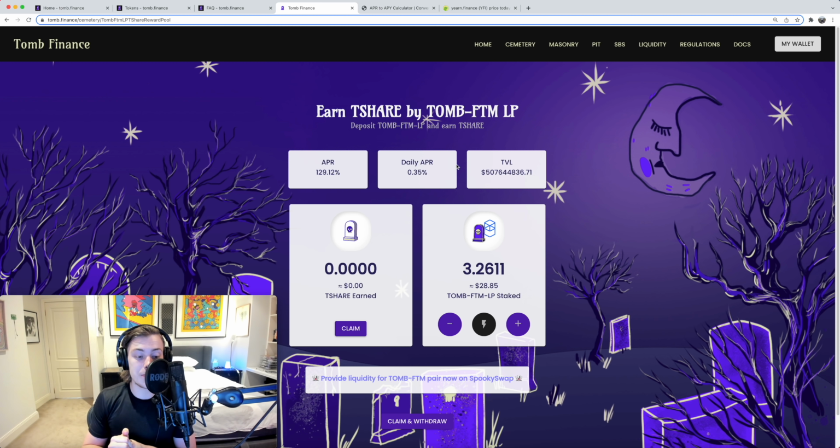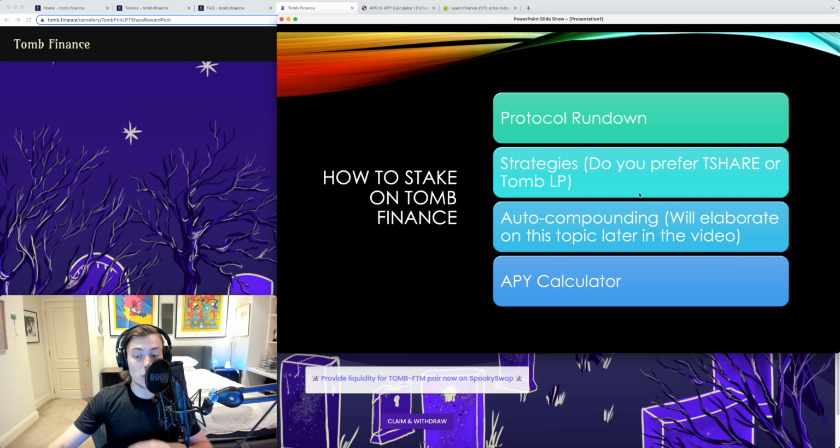Also, the T-share price is a lot more risky than the TOMB price. Since the TOMB price is pegged to Fantom, I would say it's a lot safer than T-share, which potentially has more room to come down, as T-share's price is reliant on people's faith in the protocol and willingness to sustain T-share staking. Obviously, there's also auto compounding, which I'll elaborate on later in this video,